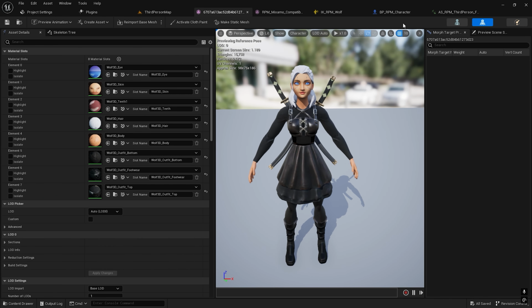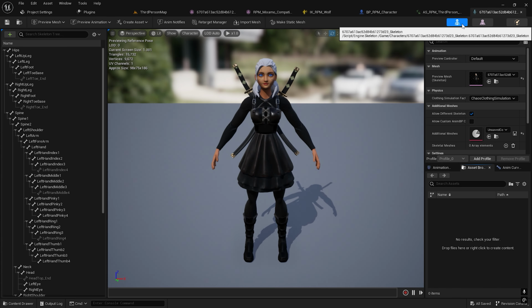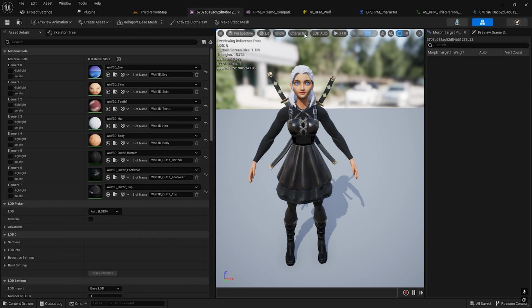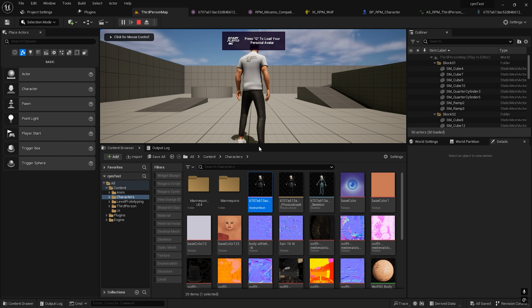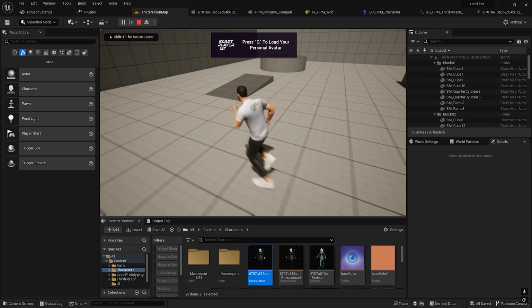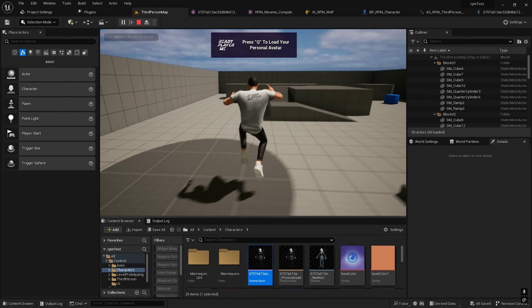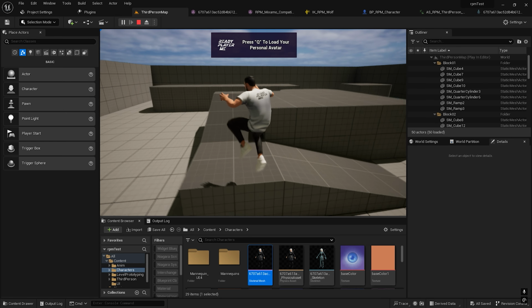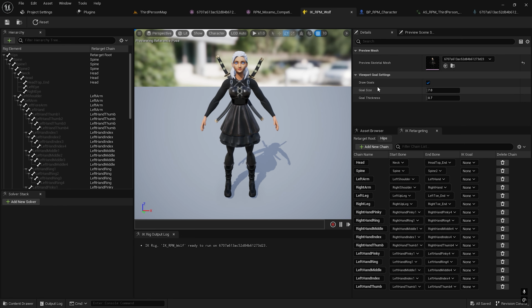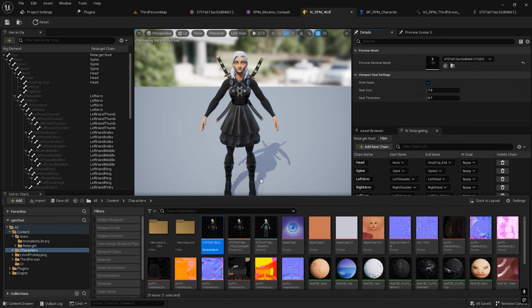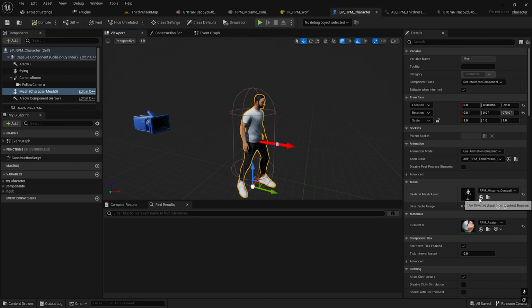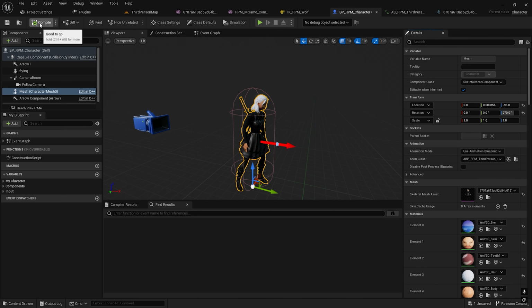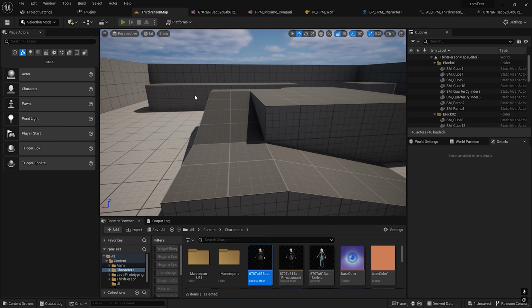So here's the character, but as you can see, here is one skeleton and one skeletal mesh. There is no animation. So let's see how we can change the character with the default one. Complementary or not. Okay, let's check. Okay, I select the character. I go to my viewport, select the character, I replace, compile, and if I try to play,